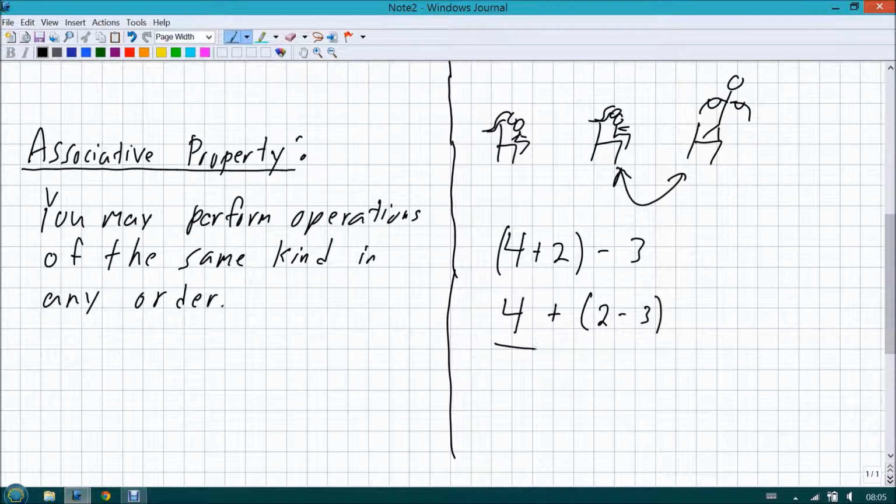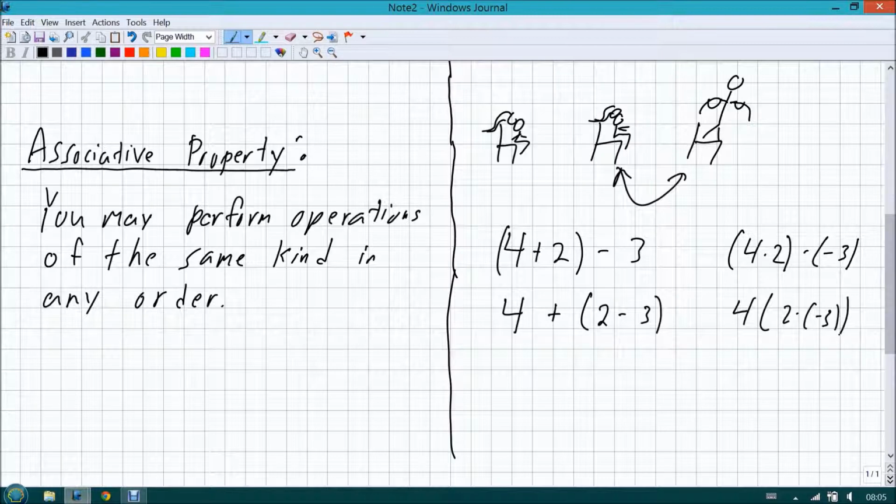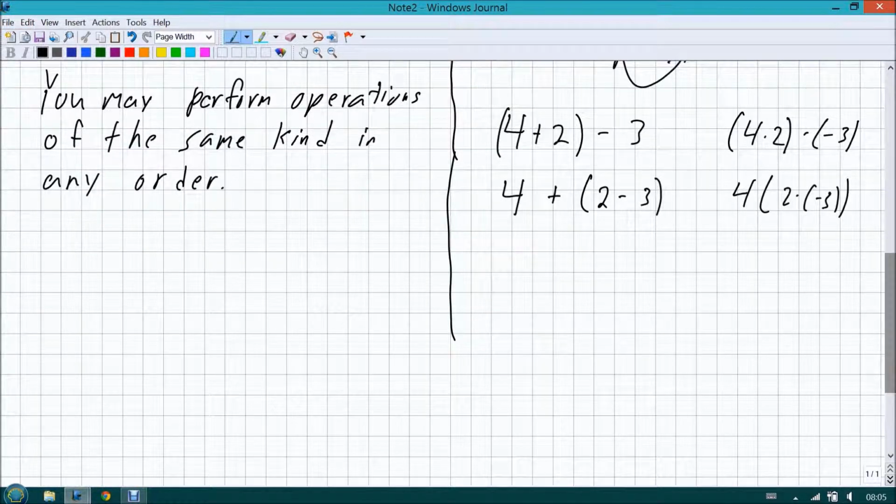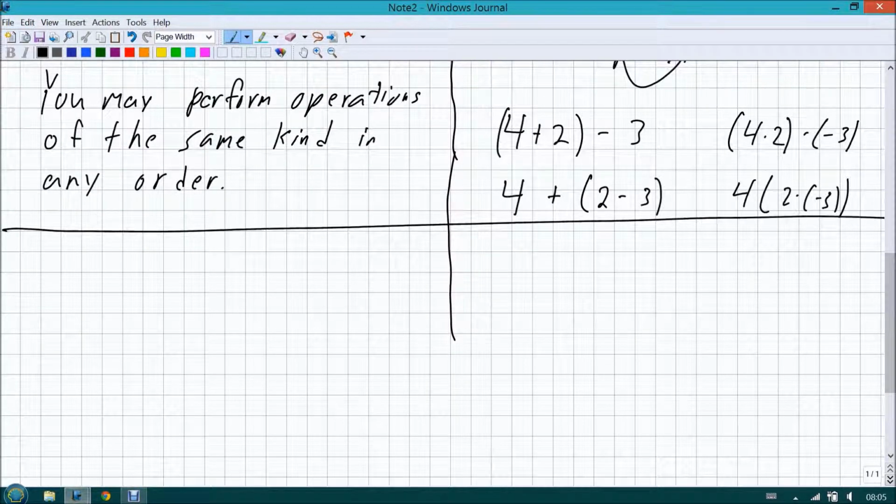So an example we had here was all addition. And we could do the same example with all multiplication. We could do 4 times 2 times negative 3, which would be equivalent to 4 times 2 times negative 3. Both of those are identical because we can use the associative property. After the associative property